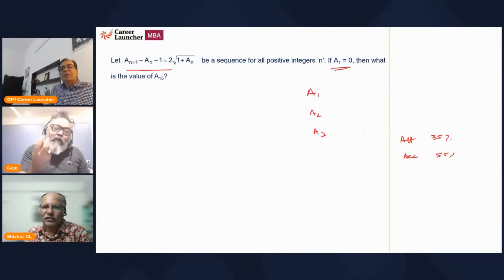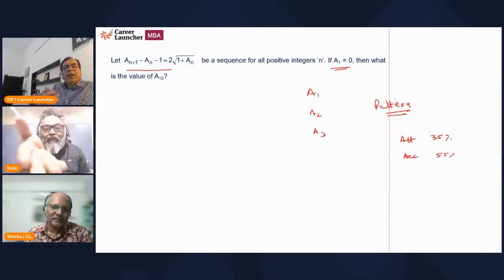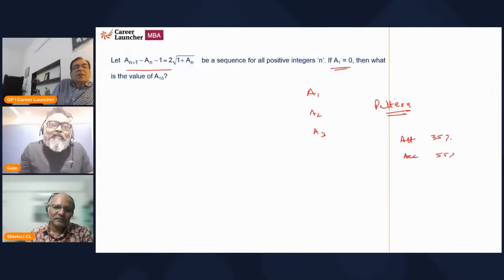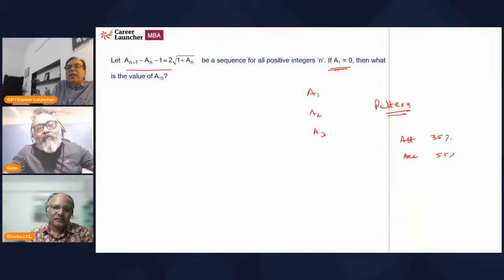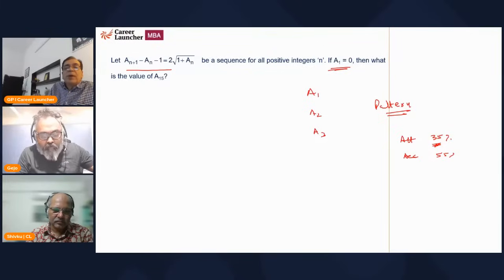I think what many people have to simply understand is a way of representing a particular sequence. And that's all. It's pattern only. Eventually some sort of a sequence will be there. Most probably it will be an arithmetic progression or maybe some kind of a geometric progression or some other. But these are standard Jugaad questions. I think this is where I have an issue. While overall it seems to be fine, I can think of at least 3 questions, including this one, which are easy questions. If you read the question carefully, if you follow our Jugaad principle step by step, you will get